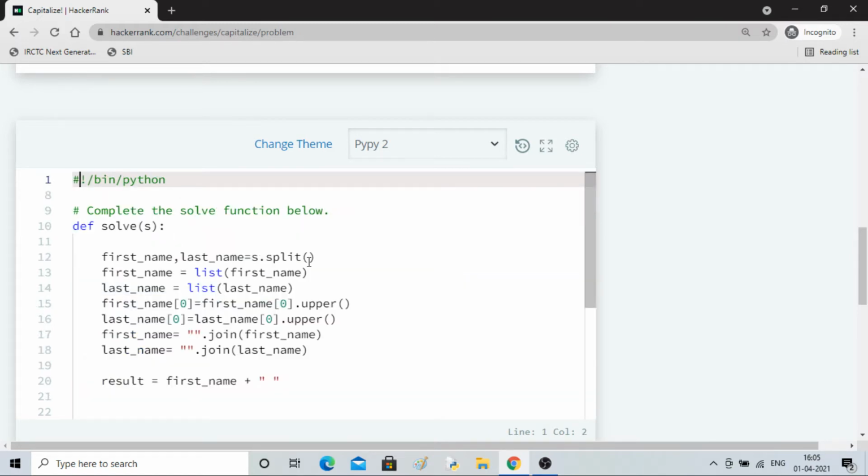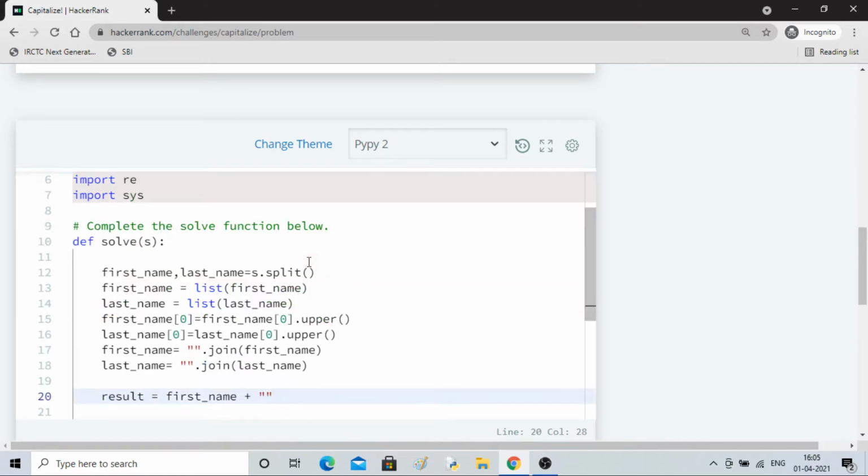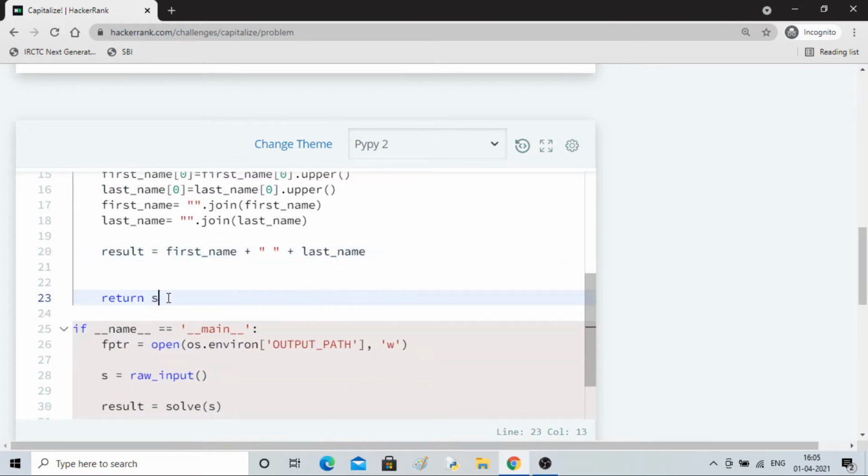Now concatenate with a space last name. Okay, and I'll pass the result now.